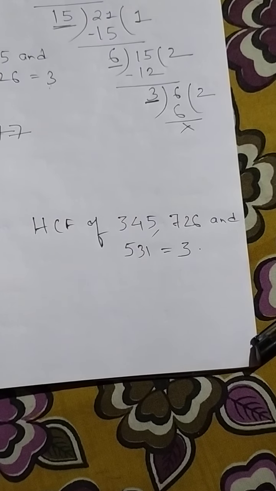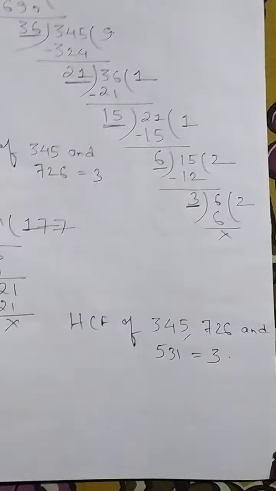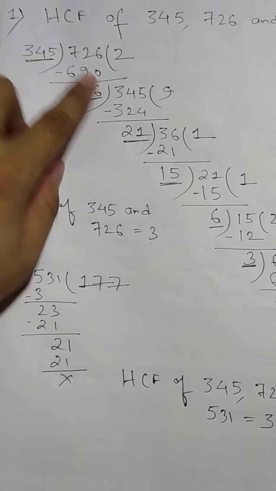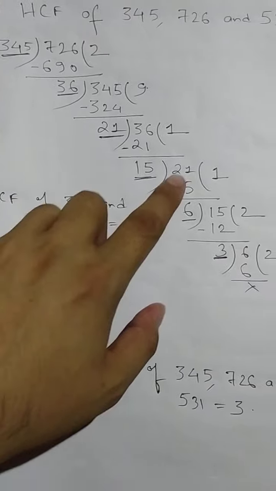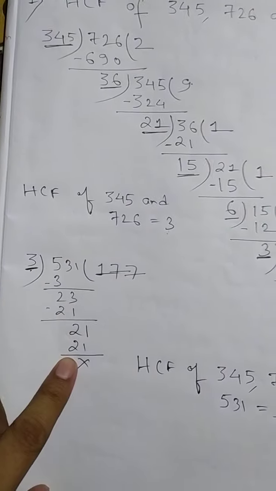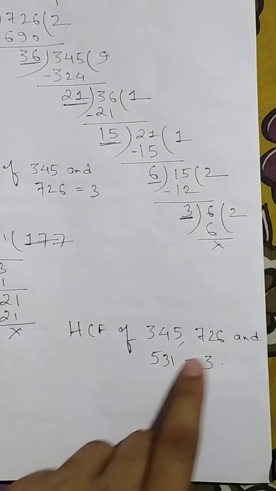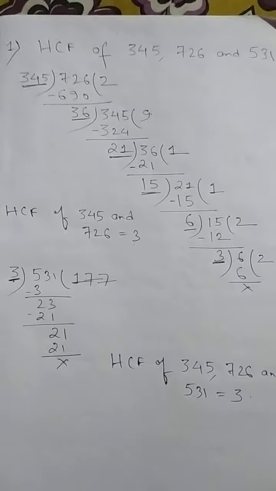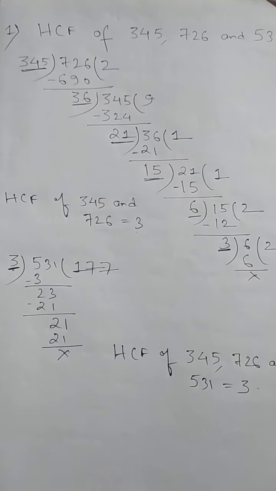Okay. Now I hope your doubt is clear. So once again, go through this video very carefully. Okay. So first you have to find out the HCF of these two. It is coming 3. Here we have written 3. And again with this 3, you have to find out the HCF of the last number. So this one. So which one is the last divisor? 3. So HCF of this 3 number is 3. Okay. I hope the solution is clear to all of you. Just go through this video once again.